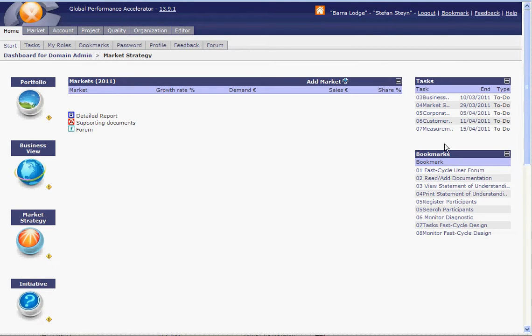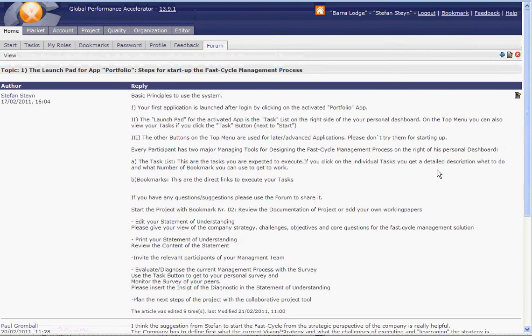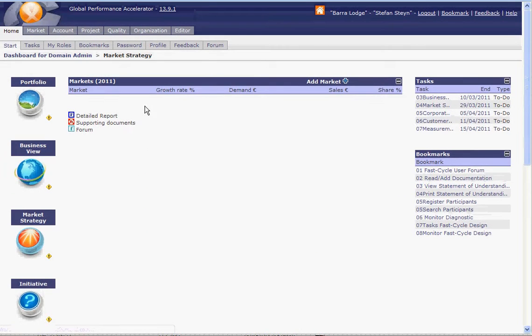and the third one are the bookmarks. The bookmarks help you to navigate the system in a very personalized form. For instance, if you want to go to the fast cycle user forum, then you click here and you immediately arrive at this forum. You can always go back by using the browser.